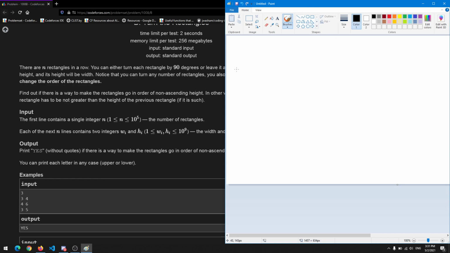For example, let's say the current rectangle has height 4 and width 5, and the height of the previous rectangle is 10. No matter what, we can put 5 also, and 4 also has the height. It could work like this.